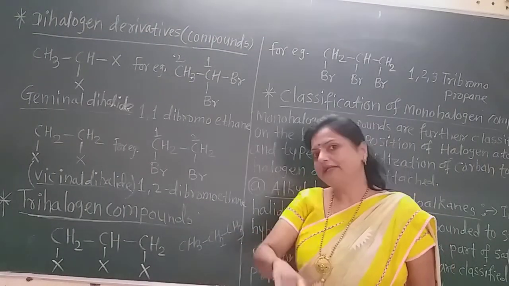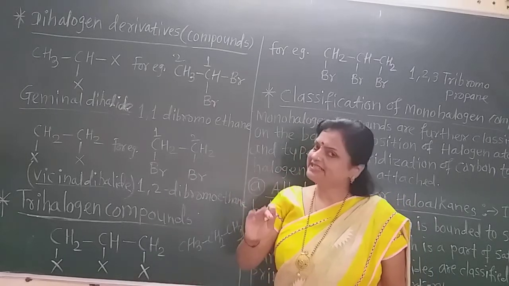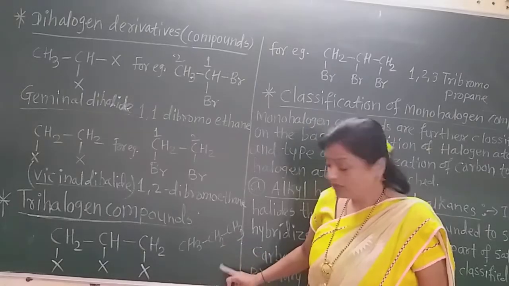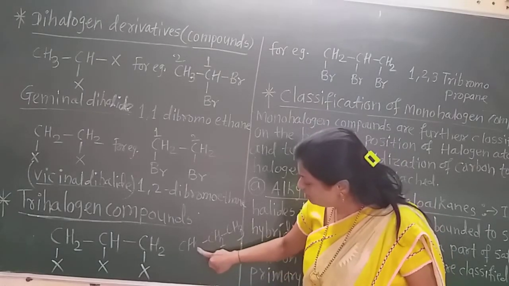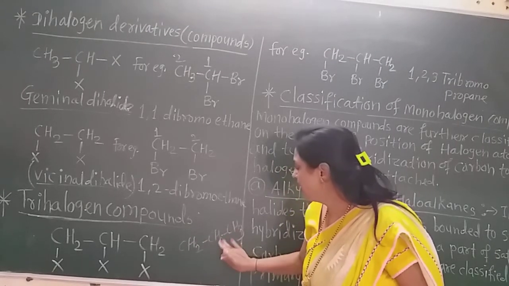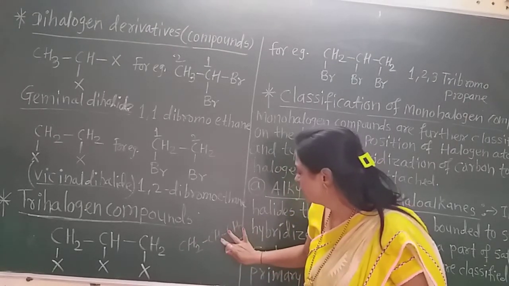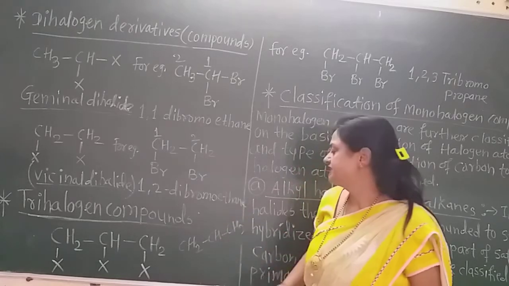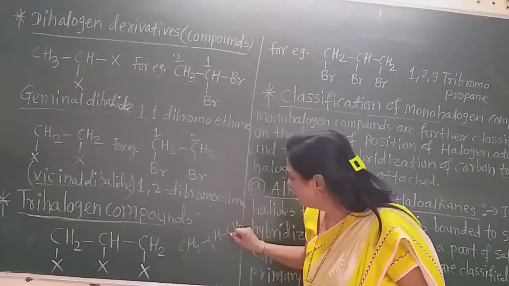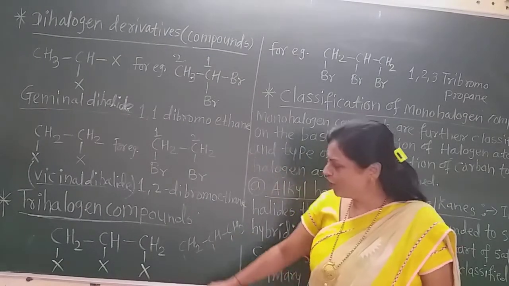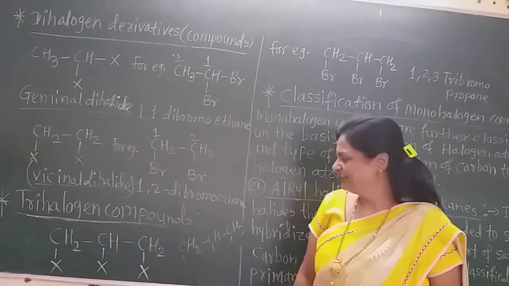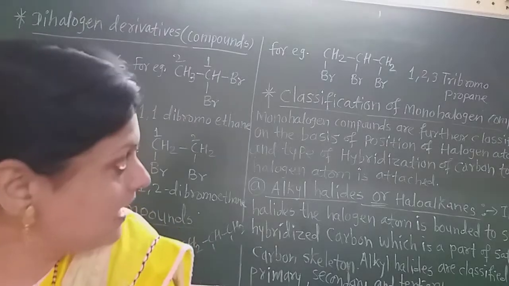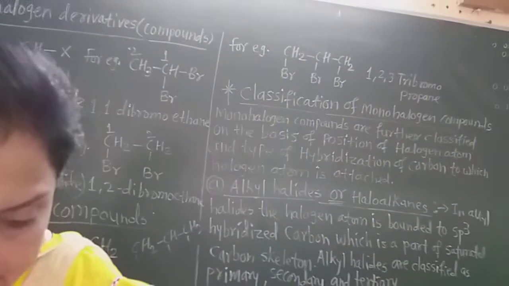In this way, CH3, CH2, CH3, because what is the molecular formula of propane? C3H8. Multiply the 3 by 2, 6 plus 2, that is 8. Now C3 and H8 are there. Now again you replace 1 hydrogen atom from every carbon atom. 1 is generally not written here. Now in this way, attach to them the 3 halogen atoms. So the formula becomes in this way. See here.